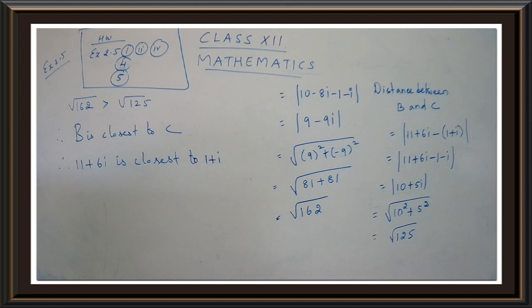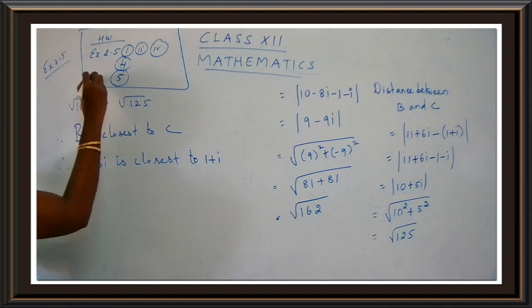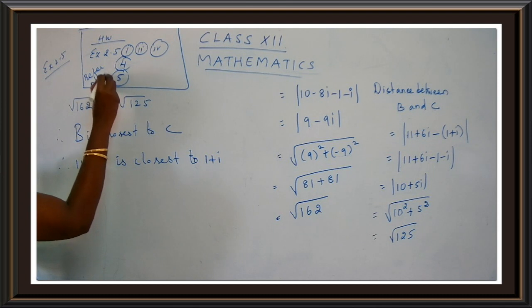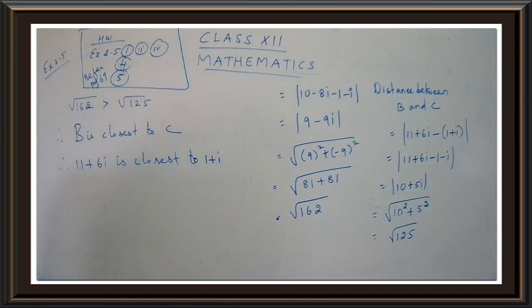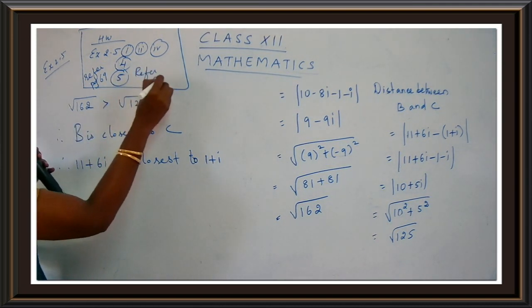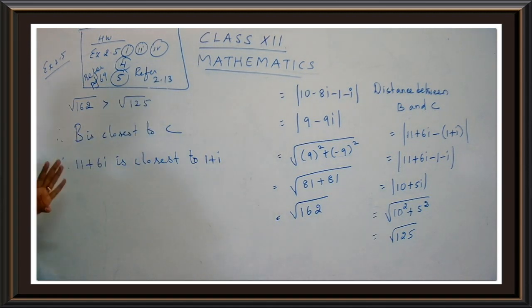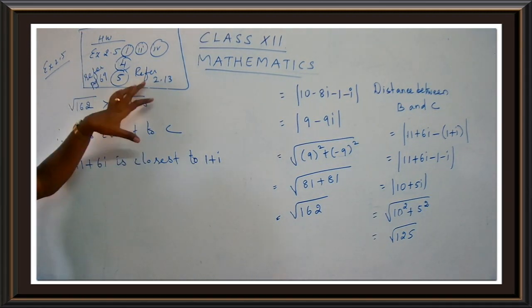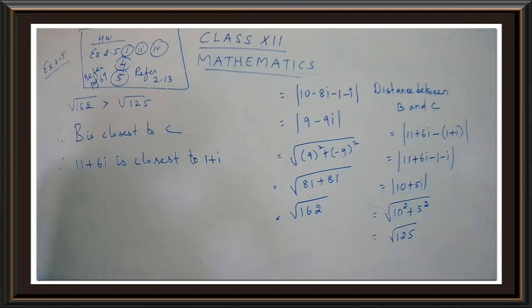I'll just give you an idea how to complete sum number 4 and 5. Just come to page number 69. You can refer to page 69. Okay, in 69 you have the model there, Example 2.13, children, okay? You just refer to 2.13. You're getting my point? So you just take the help of 2.13 and they have given the figure also. So try to draw the figure. You have to draw the figure for sum number 4 and sum number 5.